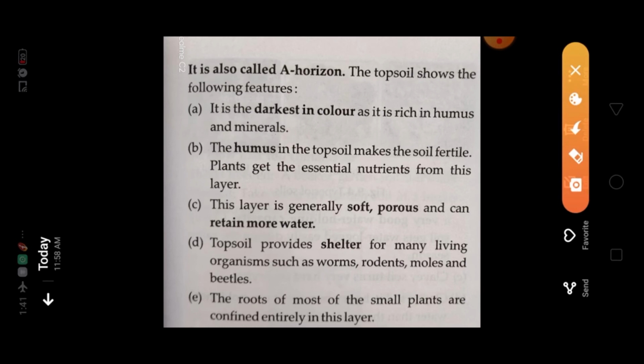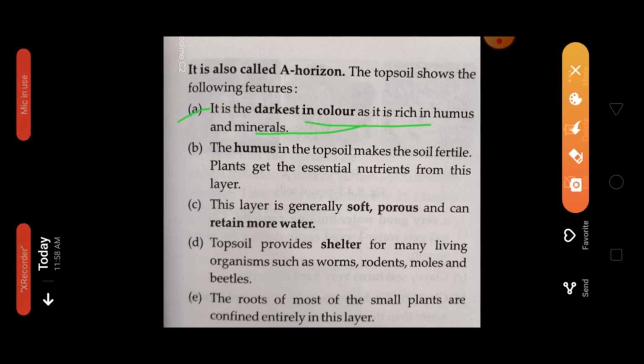The A horizon has different features. You can see on your screen the first feature: it is darkest in color, as it is rich in humus and minerals. More minerals are found in the A horizon, and also humus, a dark amorphous substance that can increase the fertility of soil.